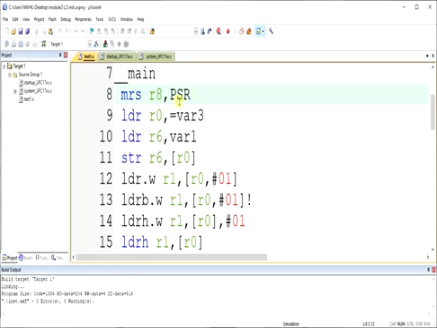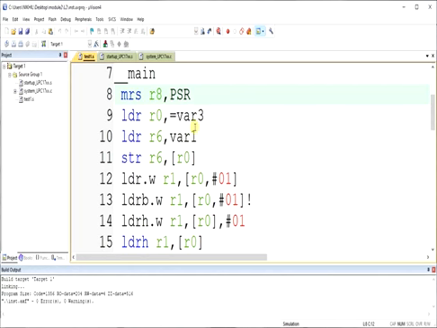MRS is basically used to read the data from a special register, or store the data into the special register. Here we have MRS with the PSR register, we have to check the PSR register.